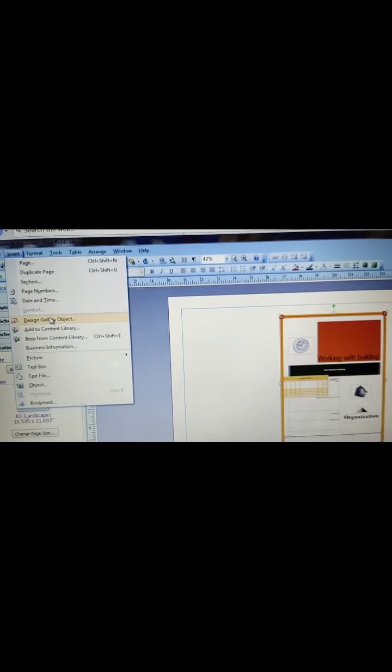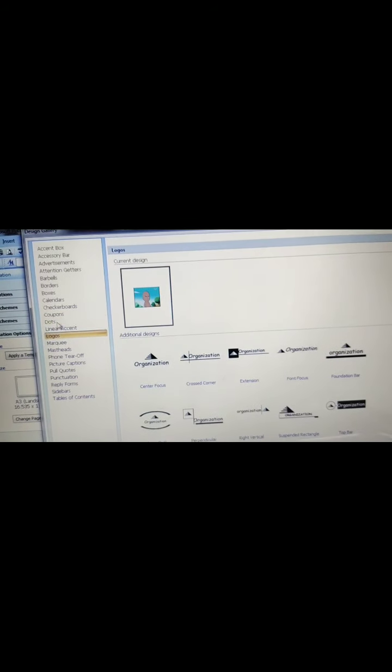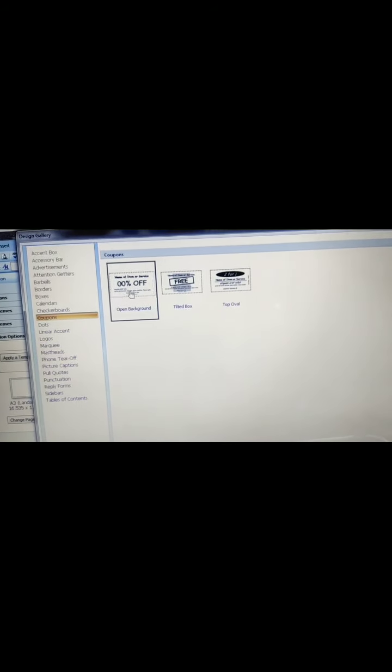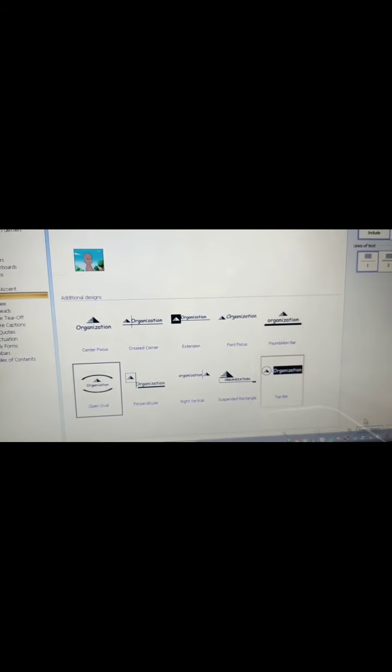This is the border you can add, and you can add a coupon also, or logos. The logos also you can add. Let's see the coupon. This one, insert. This coupon you can add here.